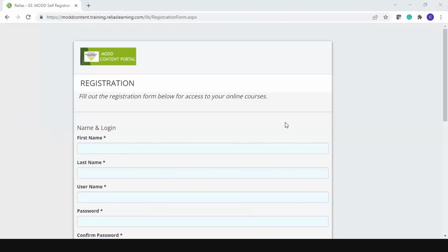When you first log in, there's a couple of different ways you can go about accessing a course to take on the content portal. You can either click Browse Course Library, which I'm going to do here, and you'll be able to see there's 35 courses to select from. If you scroll down the list and find something that you want to take, you would simply click the Enroll